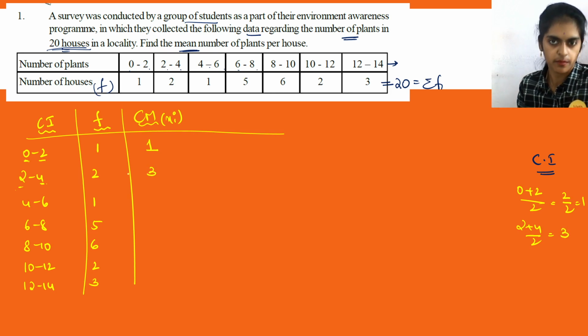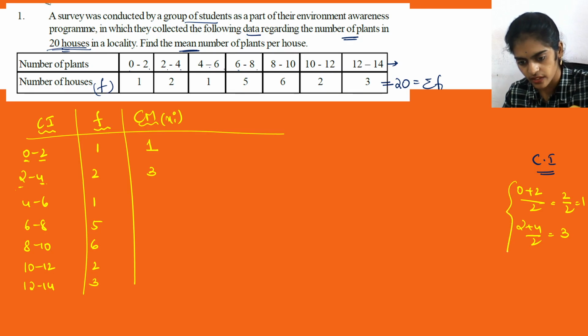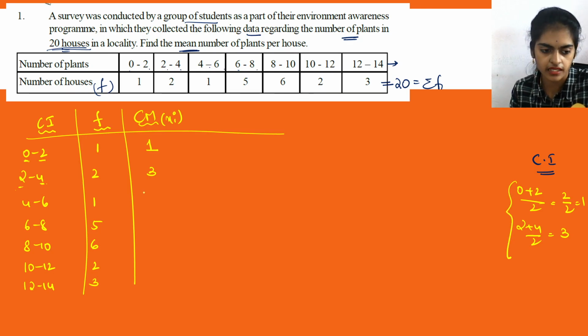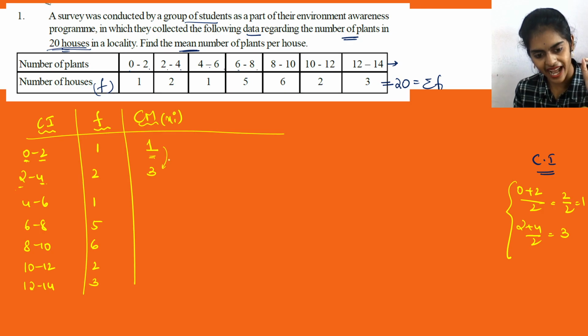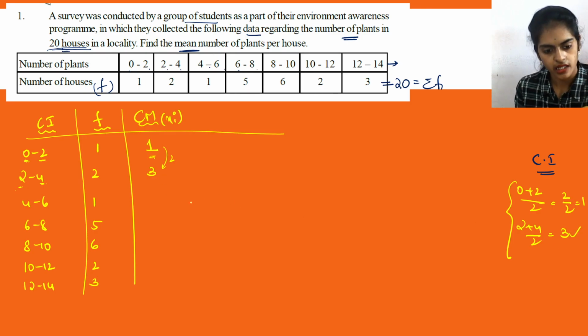Now I'll tell you one tip. Instead of doing this every time to find the class mark, tell me what is the class length. This tip I already gave in the concept video, but I'm just repeating it for the new students. So for 0 to 2, the class length is 2. Isn't it? So once you get one class mark, you can simply add 2 to it and you will get the next class mark. Did you see? 3 is the next class mark. If you calculate also, you'll get the same answer. So without calculating and wasting time, let's simply add 2.